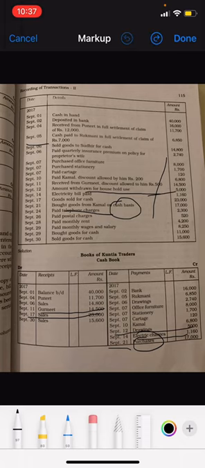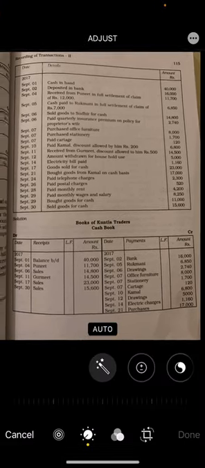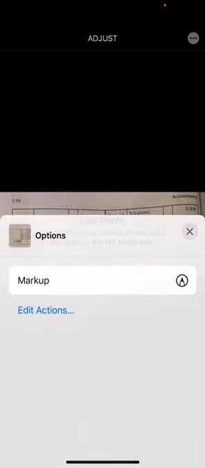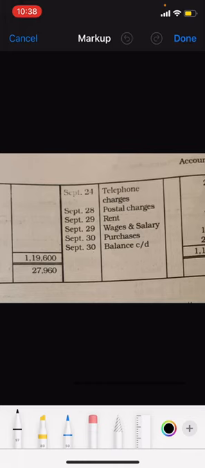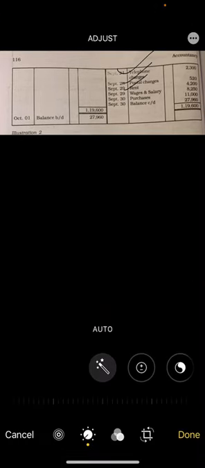After that, these three entries, these three expenses what I've told you, have to be made. I'll just show you. It is there in the next page of your textbook. See here. So all these are the three expenses which I've told you: telephone charges, postage charges and rent. And we will come back to our question.